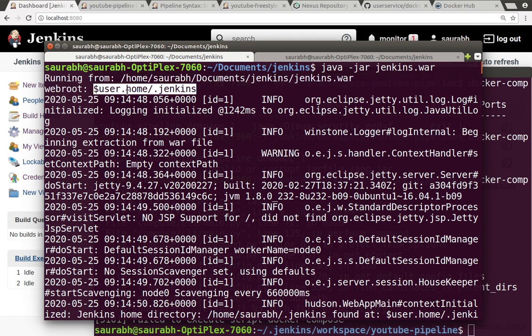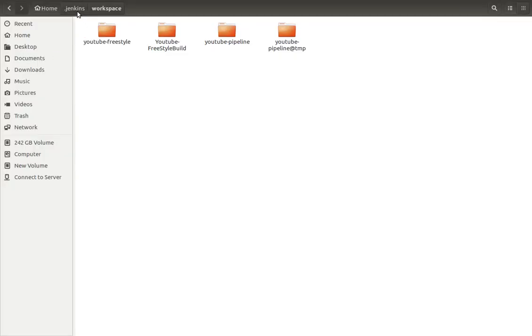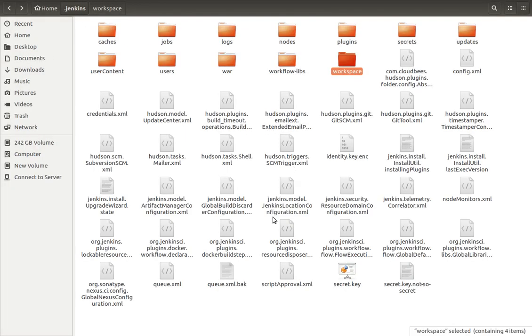This configuration directory will be used by Jenkins for storing all the configuration files. If you go here and see the Jenkins folder, you can see that Jenkins has automatically created different folders for the purpose of building your application, everything. Whatever you are configuring, plugins or your application, everything will be stored inside. In this, a very useful folder will be workspace.